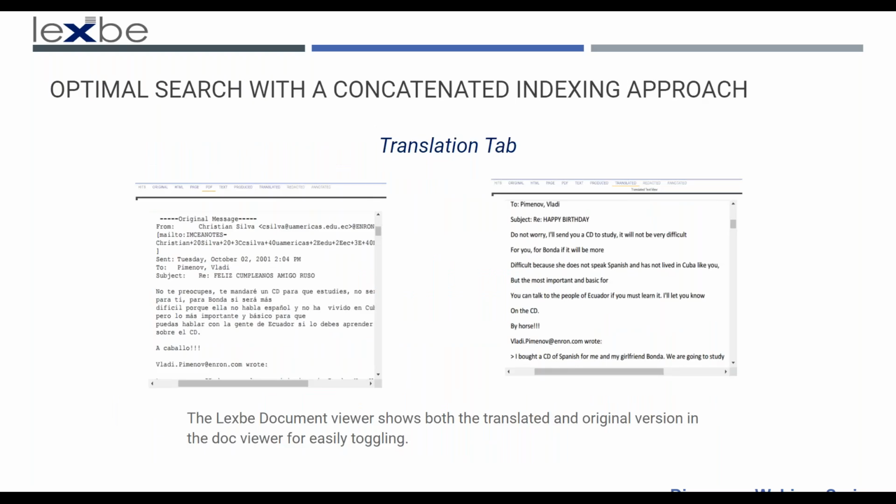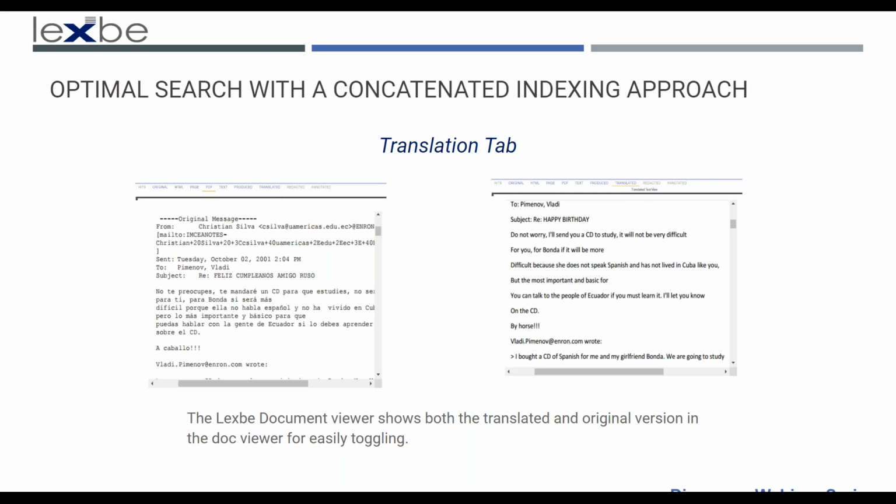That's also important because during your production, if you have to produce this document here, you won't have to manually go back and find a way to produce both the translated and the original Spanish version of this document. LexB will output a translated folder, which will include all of your documents in their native format in your native folder as you would expect.